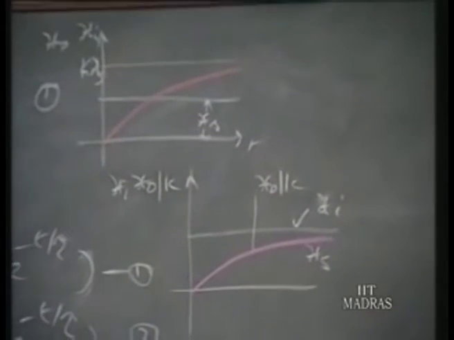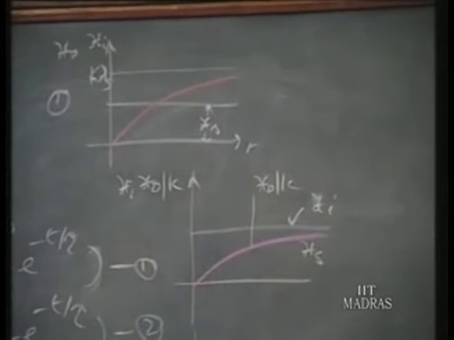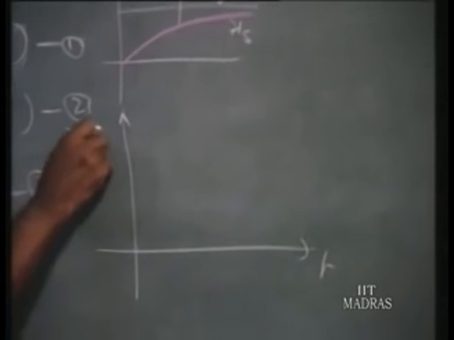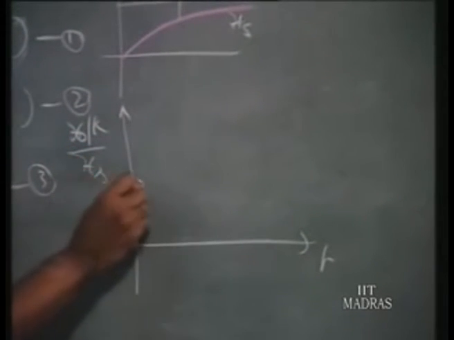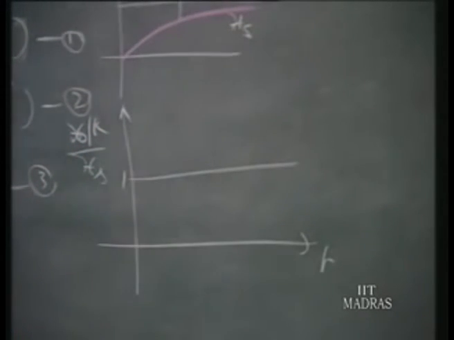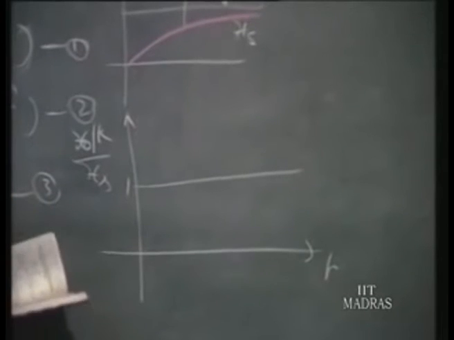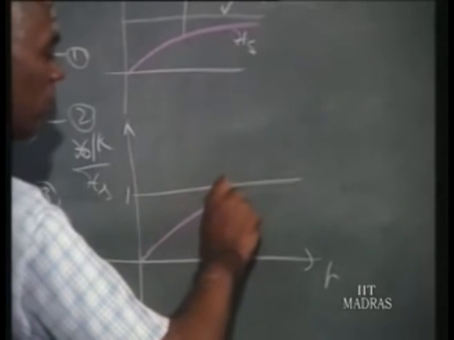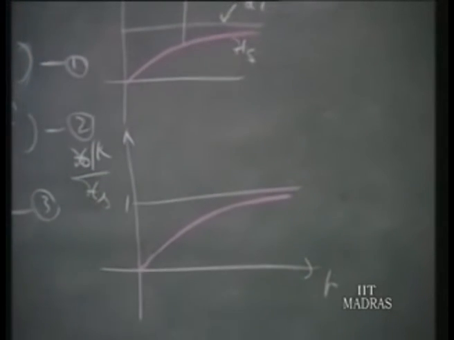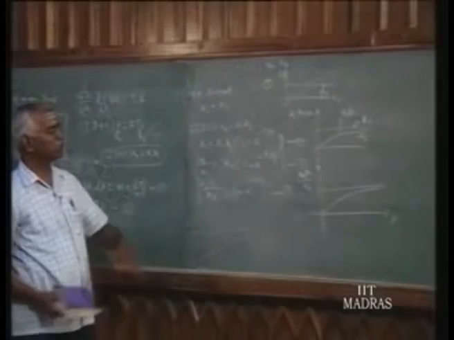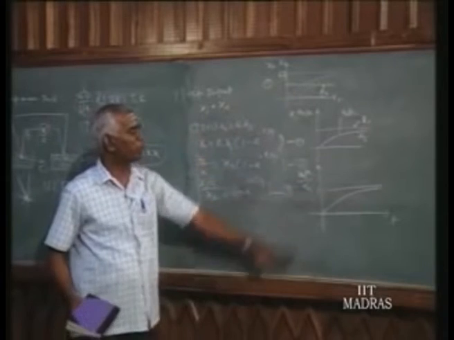Similarly, if we plot the third equation, it is non-dimensional. T is the x axis and the y axis is non-dimensional XO by K by Xs. Then the infinite value will be 1; when t is equal to infinity, this ratio becomes 1. So we find the same equation written in different ways. Mathematically all are equal, but in measurements they represent different graphs.